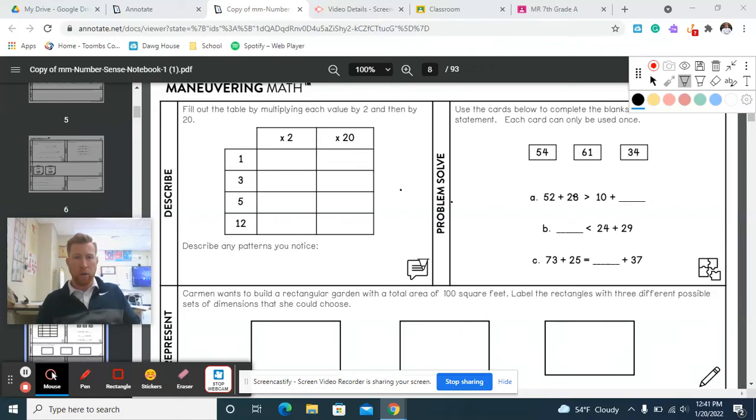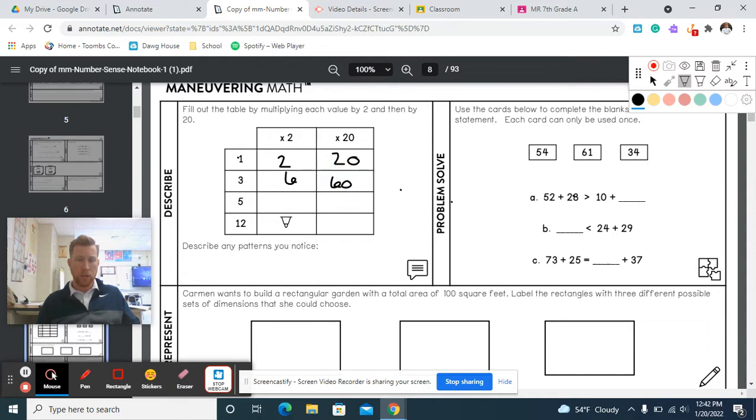All right, everybody, wanted to quickly talk about Number Sense Notebook entry number 5 with you guys. So, very quickly, we're going to multiply each of these and describe if there's a pattern. So, 1 times 2 is 2, 1 times 20 is 20, 2 times 3 is 6, 2 times 20 is